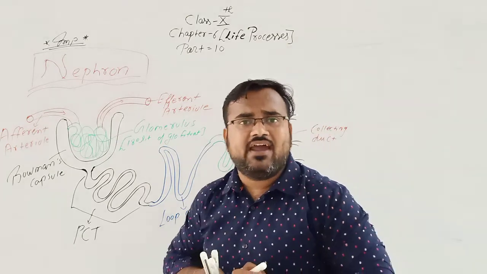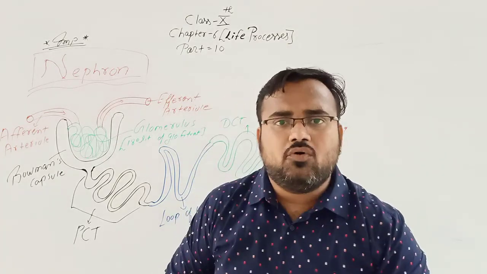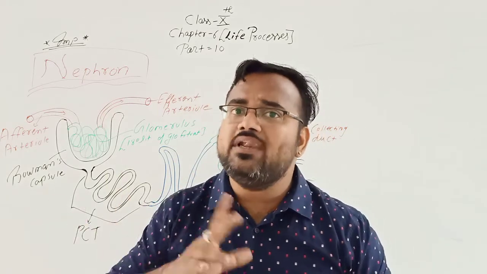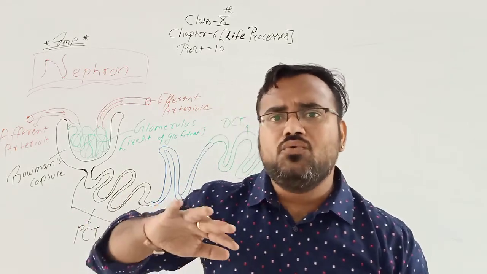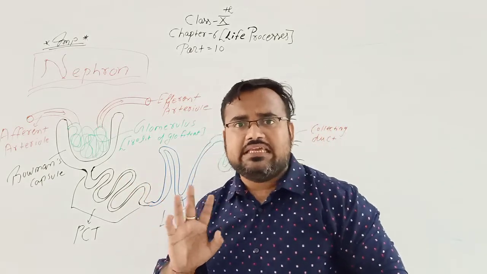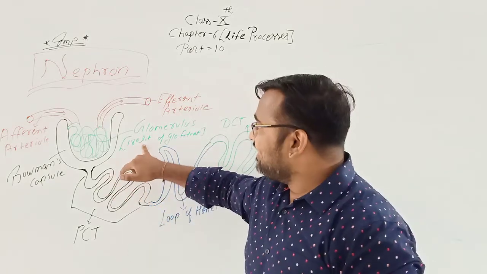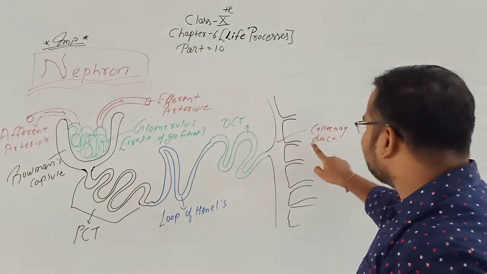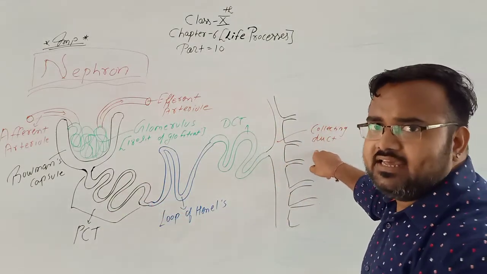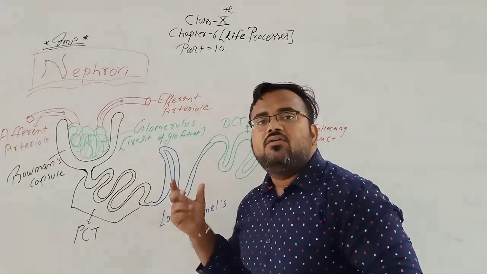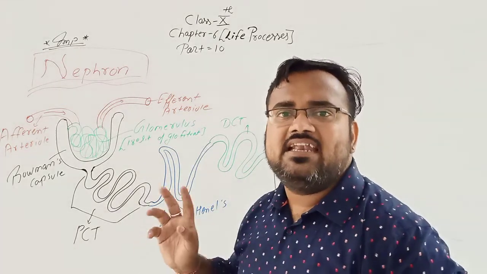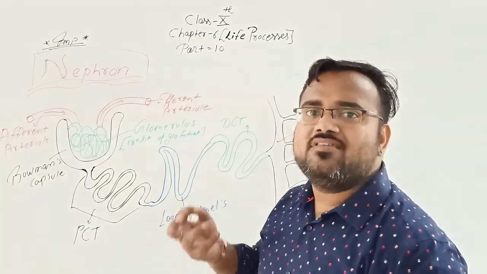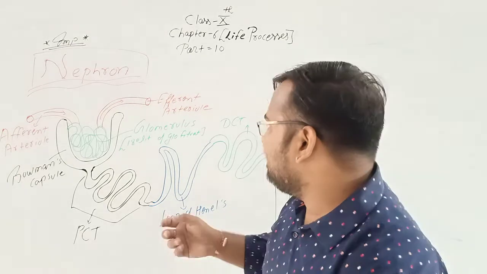Now there is one important fact. Each kidney produces about 180 liters of glomerulus filtrate, and we are excreting only 2 liters of urine, or 2 to 2.5 liters each day. 180 liters of glomerulus filtrate is transported into the PCT, and we release only 2 liters of urine a day. That means where is the rest, the 178 liters of filtrate? What happened to the rest of the filtrate?